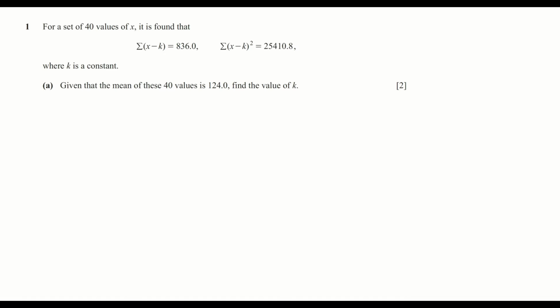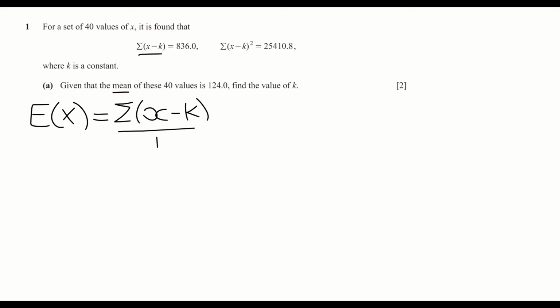Now, in this case, we have sigma with brackets, and we need to find the mean. When working with brackets, we use the formula: the estimated mean is equal to the value of the bracket over n plus the constant k. And we're going to use this equation to find the value of k. So let's start with the value of the bracket,